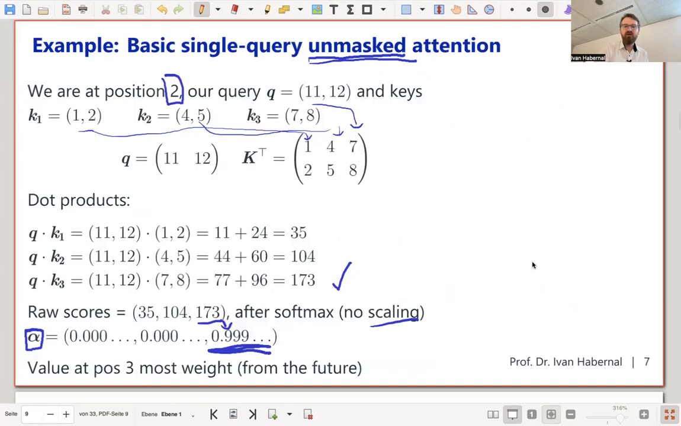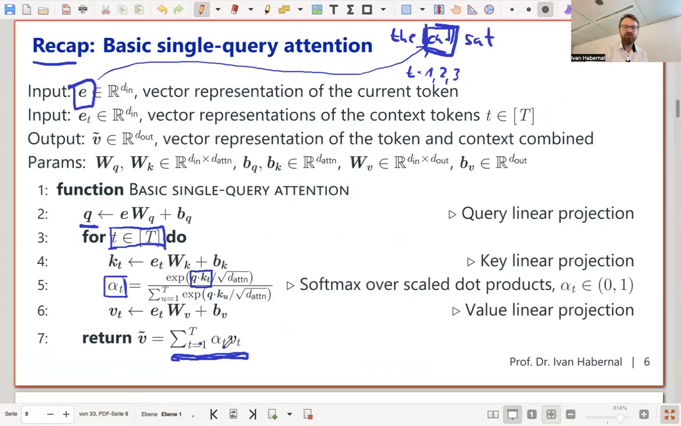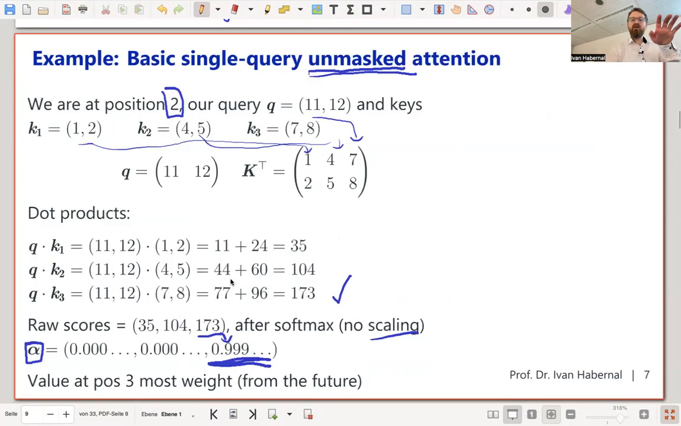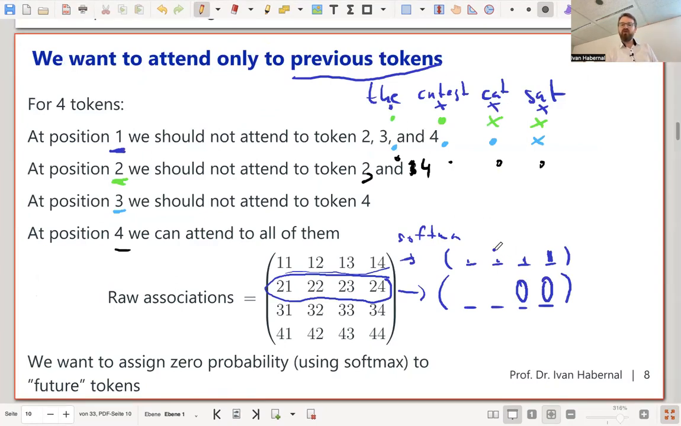Why? Because if the future tokens have 0 weight, then when you multiply, the resulting value will also be 0. So the value will not be affected by the future tokens. Does it make sense? That's why this 0 has to be here. So what we want here is something like this output, and for the third token we want this, and for the last, something else. So we want to put 0 value on the future tokens,